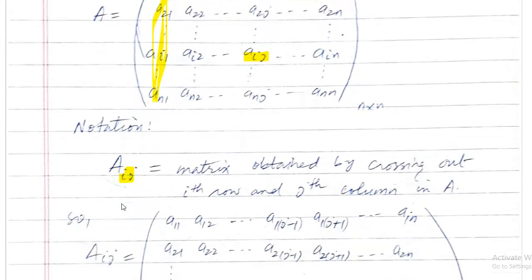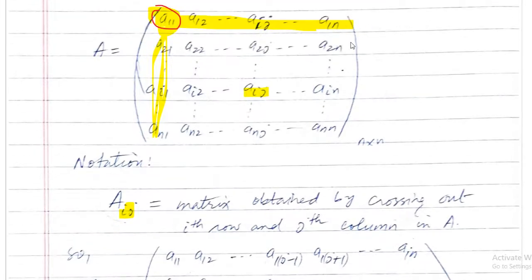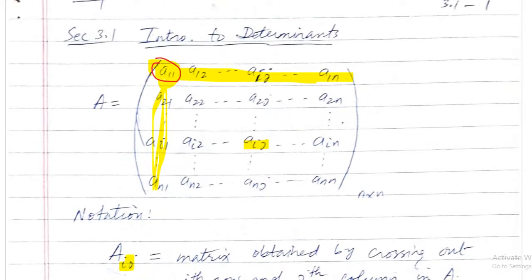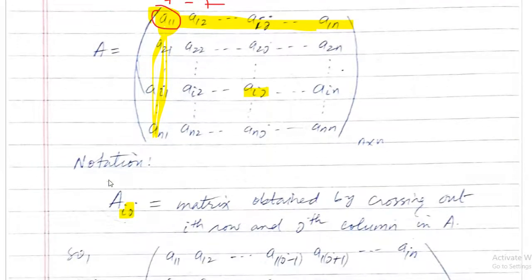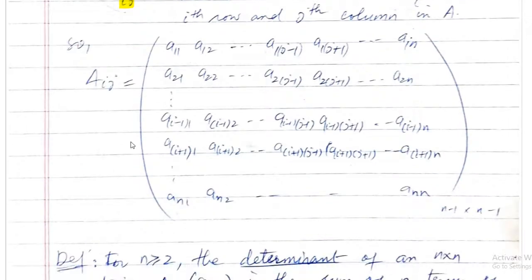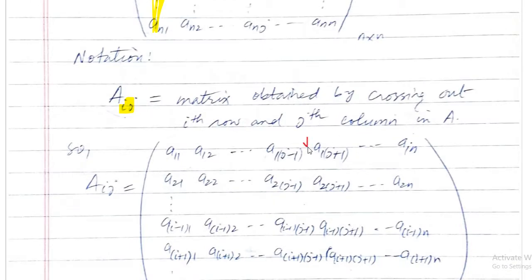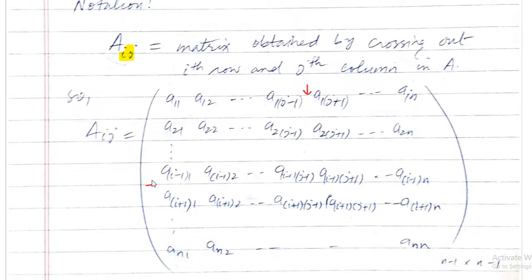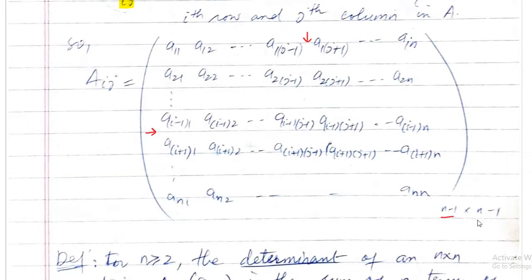So if we find the determinant of that matrix, it can be a cofactor, but for the cofactor we multiply by the sign. If this is positive, this is negative, positive, negative, positive, and so on. If we multiply the sign with the determinant of Aij, it is the cofactor Cij. Here you see we removed the jth column and the ith row, and now it is an n minus 1 by n minus 1 matrix. This is called Aij.